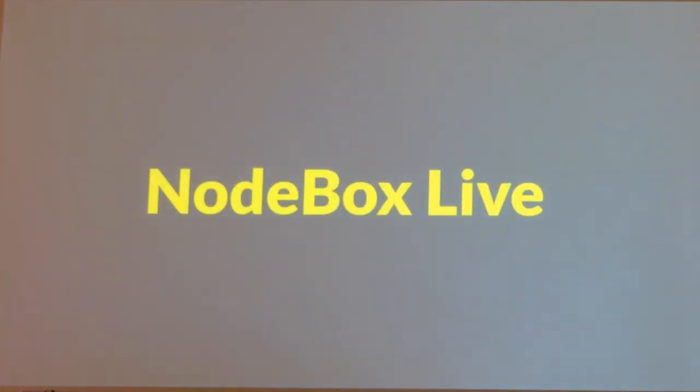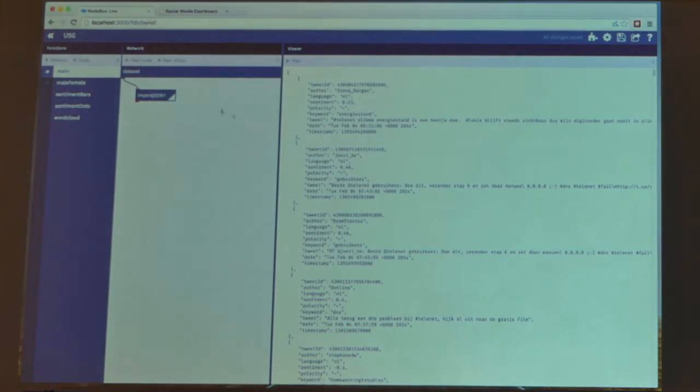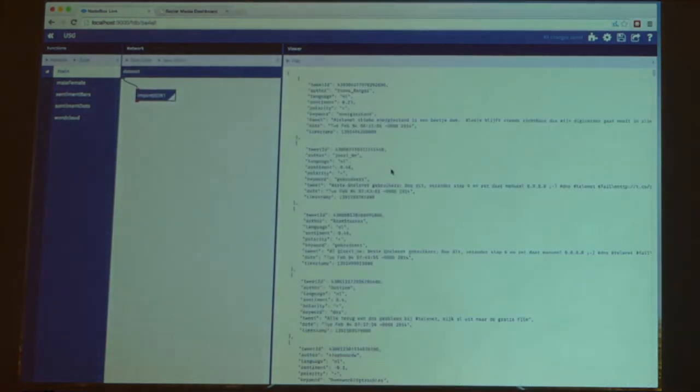So, notebooks. As I talked about before, this works all really well, but one thing that we were missing was the web. We couldn't do anything interactive. So we made a version, I think 2 years ago now, called Notebooks Live. That's basically taking all of this stuff and putting it on the web. And here's a very small demo that I was going to show, but there it is.